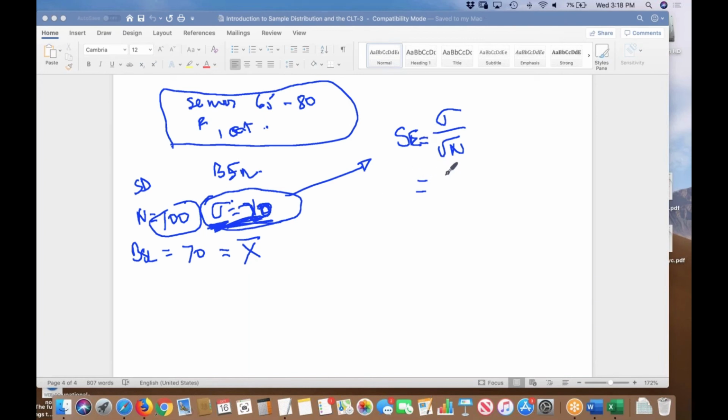Okay, so what's the standard error equal to? It's equal to 20 divided by the square root of the sample size, which is 100, which is 20 divided by 10, which is equal to 2. So now that I know my average for these 100 people is 70, and my standard error is equal to 2, I can say to myself, I'm going to publish this information, and in my abstract, I'm going to describe my result. And I'll say my sample size was 100, the average blood sugar level was 70,